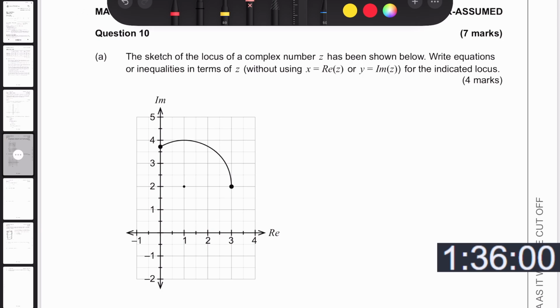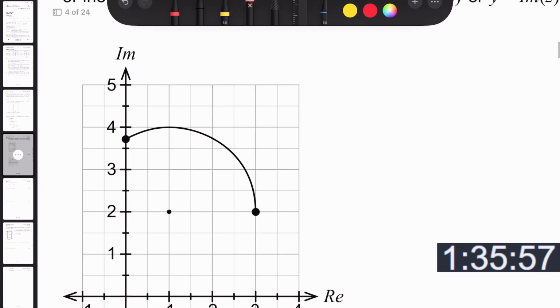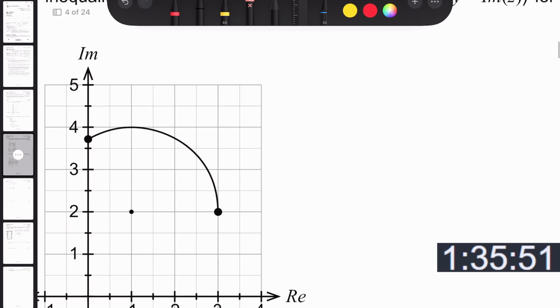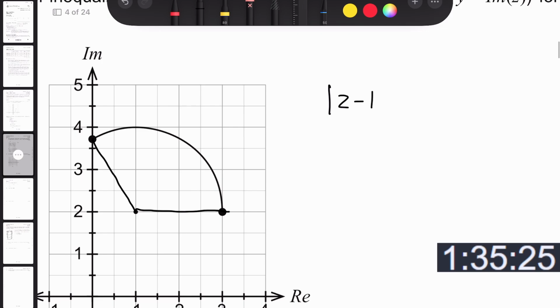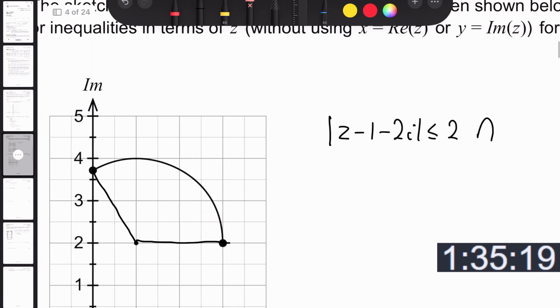Sketch of the locus has been shown. Write equations and inequalities for the indicated locus. Wait, there's a dot there though? What? Okay, so it's a circle. So it's the magnitude of z minus (1 minus 2i) is less than or equal to 2, and the argument,